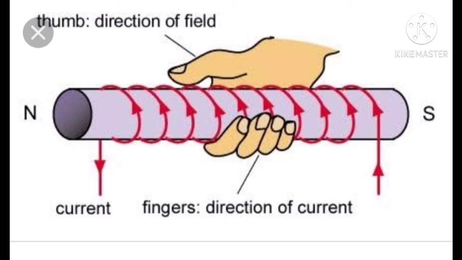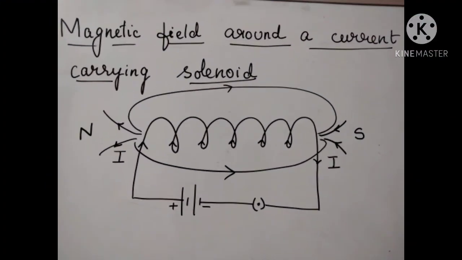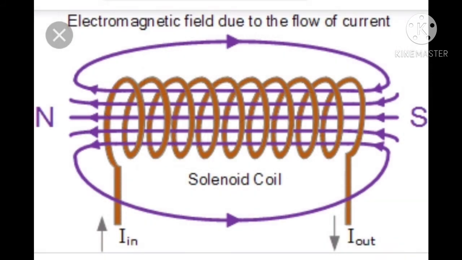And once you know the north and south, then you will be able to draw the magnetic field lines. So diagrammatically, this is how we represent the magnetic field lines around a solenoid. And if you compare it with a bar magnet, then exactly this is how it is drawn around a bar magnet also. Now, if we talk about how the field behaves inside the solenoid, you can see parallel lines. That means inside the solenoid, the field lines are exactly parallel to each other, they are uniform.